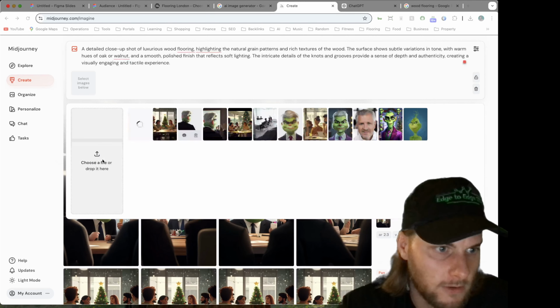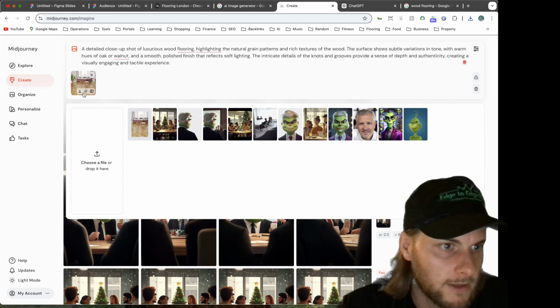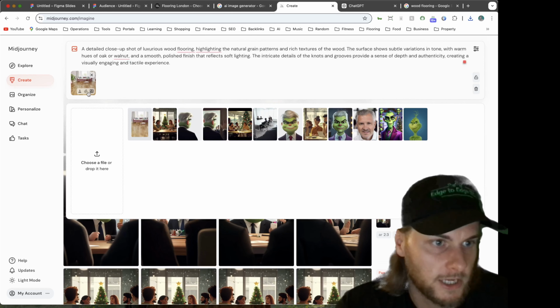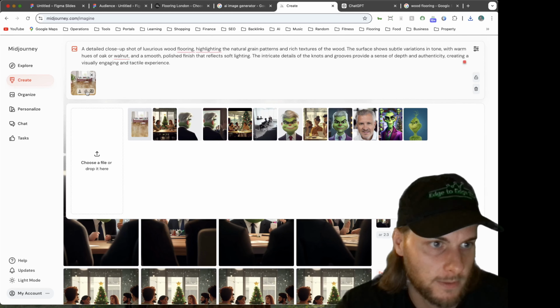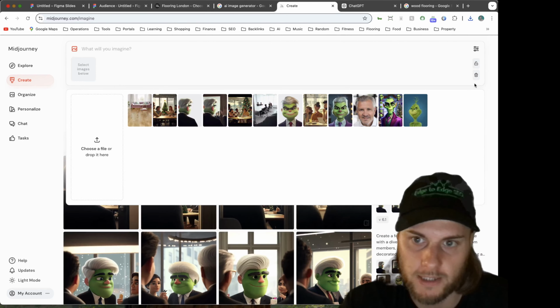Right, so now drag that across like that. And then drop that one there. And then you can see you've got different prompts here. If you hover over that, it says as a character reference, as style reference, and then as an image prompt. And if you hold shift and you click, we're not going to want character reference, but we're going to want style reference. And then we press paste, enter.